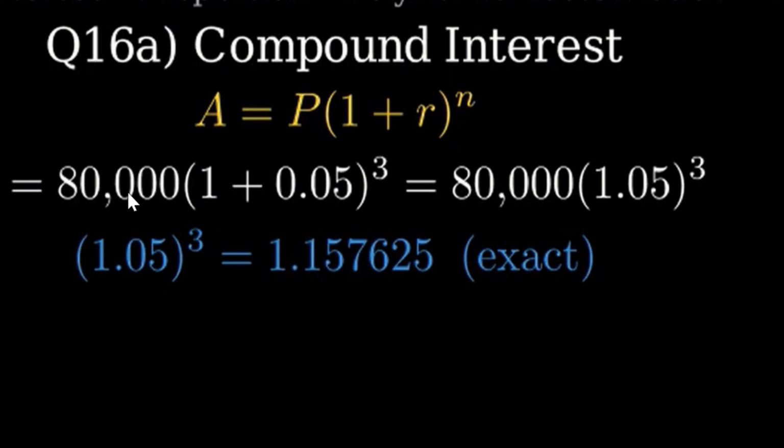So this is the principal we are having here, and then 1 in the formula, plus the rate, and then power 3, where n is the number of the time. This will be equal to the principal times the product of this, then power 3, the cube. This 3 is the number of years. The cube, the exact number is this. So we are multiplying it with the principal here, so we can get the compound interest for the 3 years as it was asked in the question. So let's see the answer.